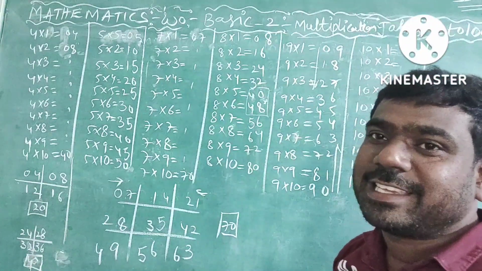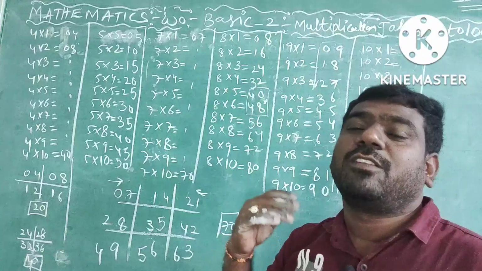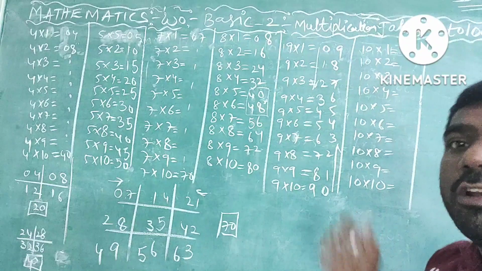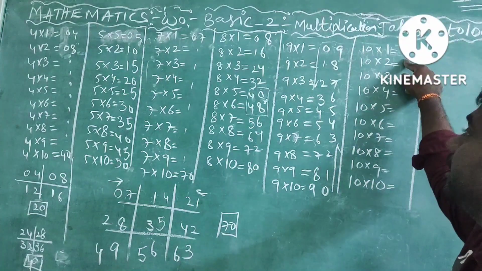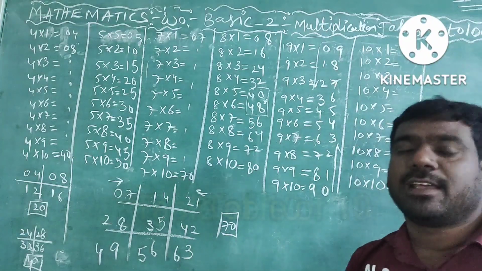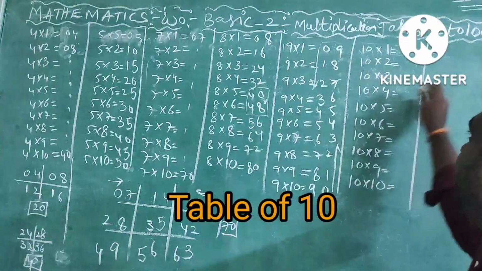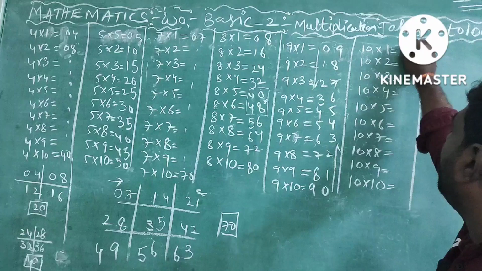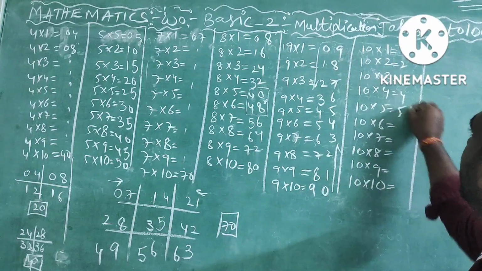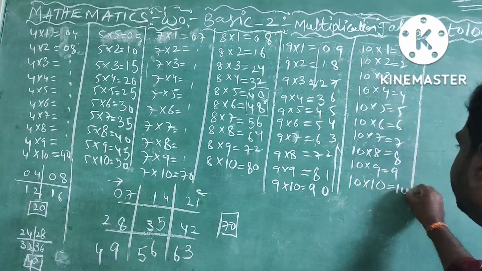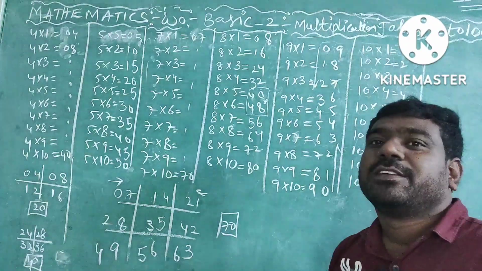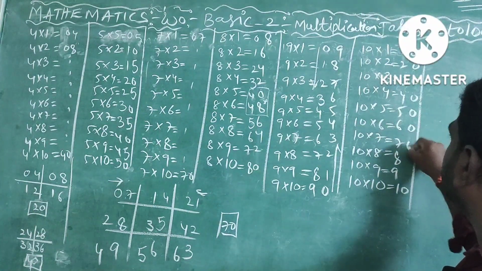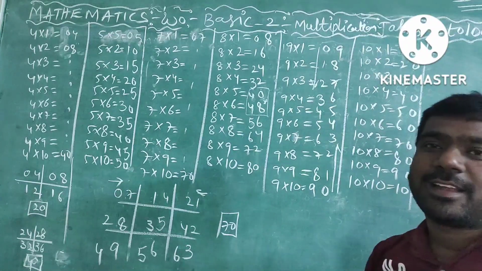The 7 table is very easy. All the table tricks are very easy. Just see how to understand the tricks. You can easily remember them for a long time. Next, see the 10 table. We can write the 10 table very easily. See, I will explain here. In a very simple manner, first write all the numbers 1 to 10: 1, 2, 3, 4, 5, 6, 7, 8, 9, 10. Yes or no? Next write the zeros, all zeros here. Then we will get the answers of the 10 table.